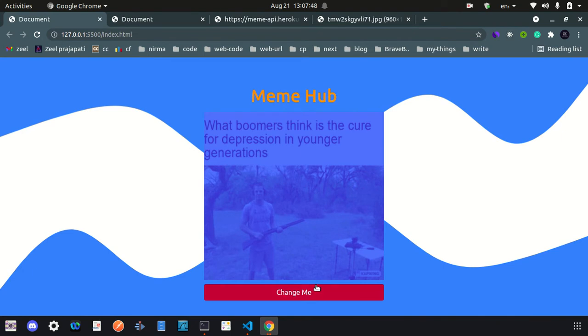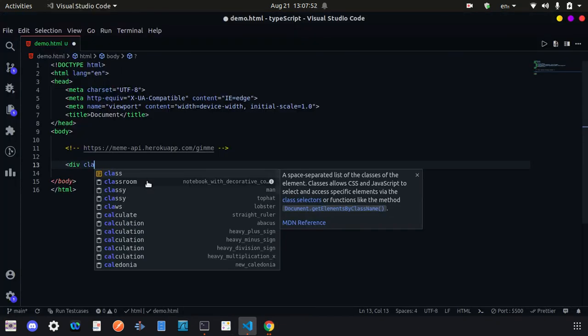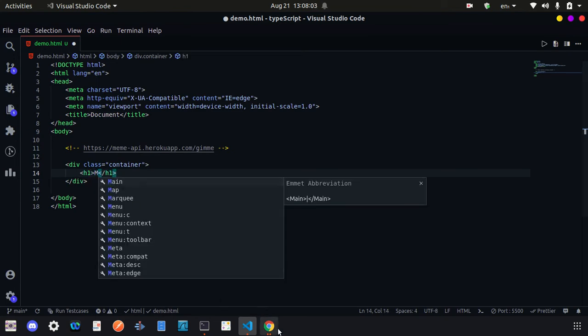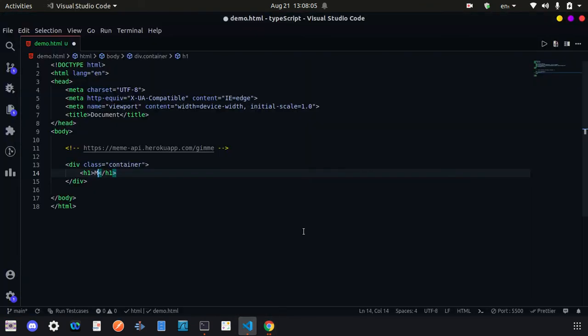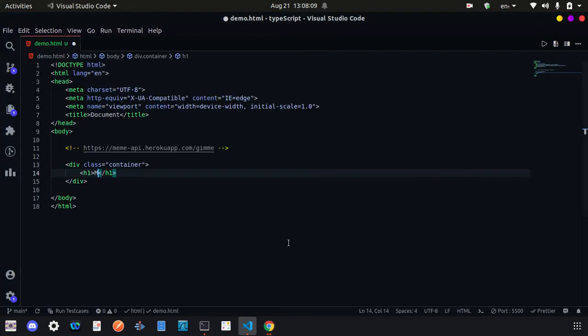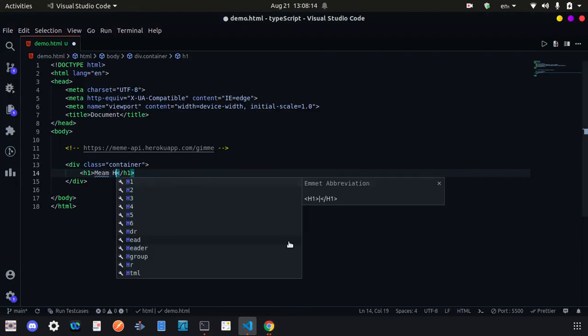So let's create one div. The class name will be container, and then we have one h1, which is Meme Hub.